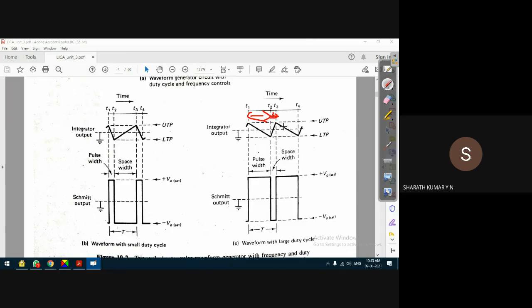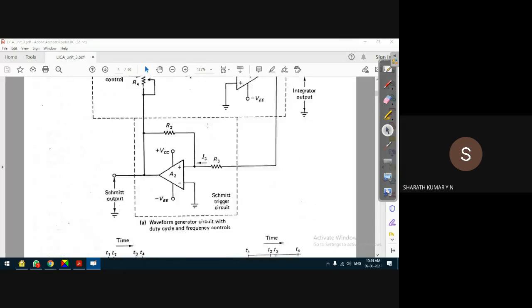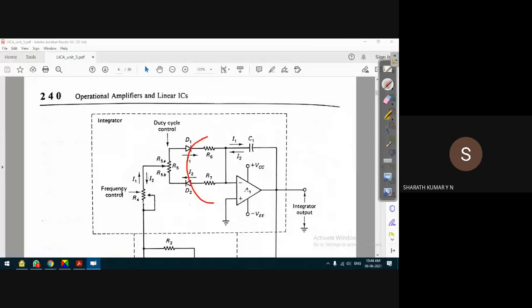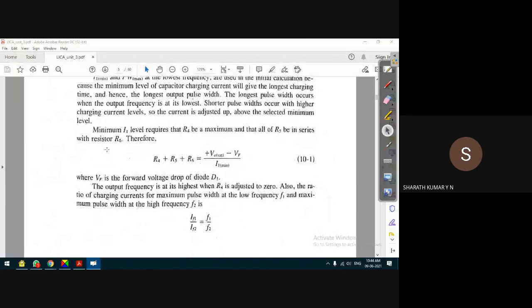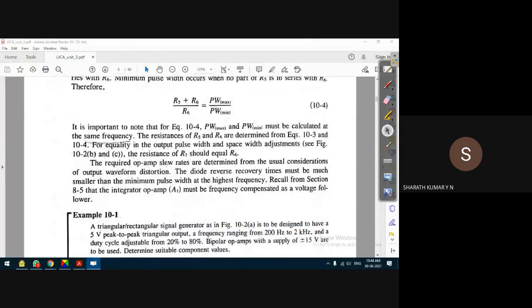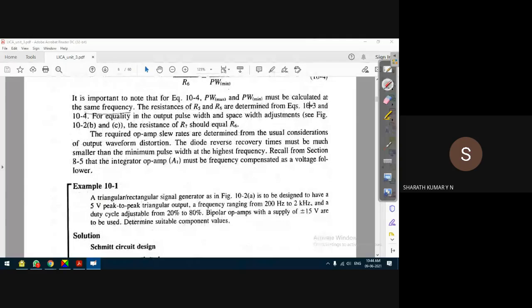But for symmetrical operation, it is better to make R6 equal to R7. If R6 is not equal to R7, the voltage drop will be different. The voltage drop across this network will be different if R6 is not equal to R7. That's what it is, okay? Because voltage also matters here. Voltage will ultimately affect the operation of the circuit. Okay, R6, R7.